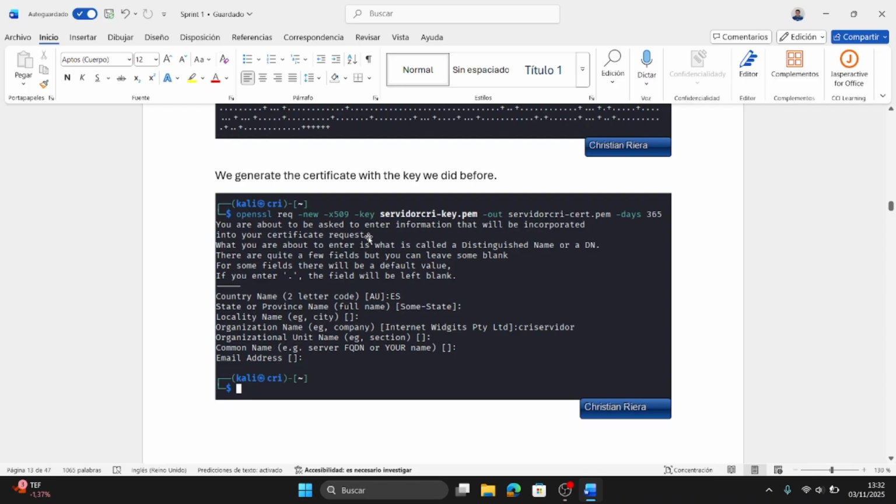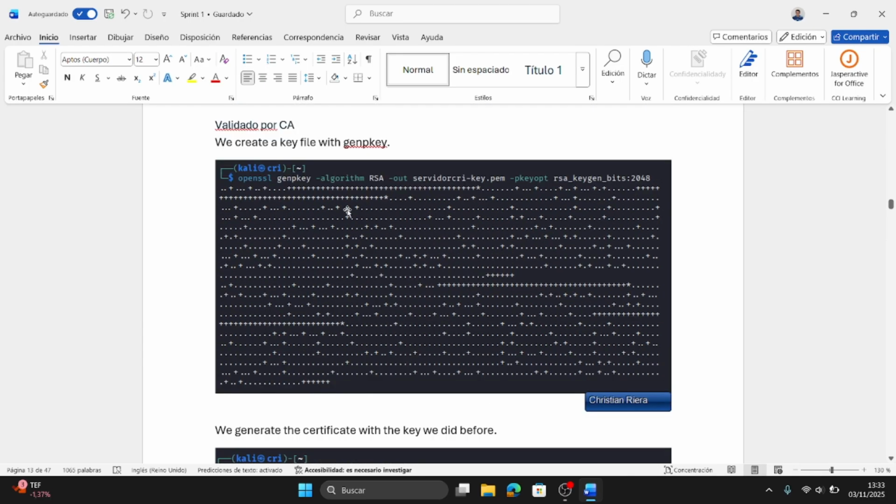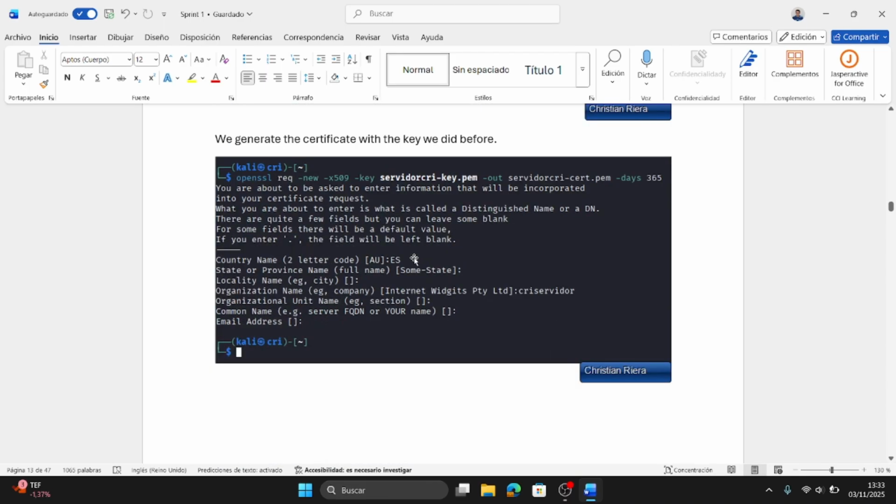Okay, now we are going to put this command. In this step we generated the key file, and now we are going to generate the certificate signed with the key that we made, and we put this command using the key and the name of the certificate, and in this case we put that it is going to be available 1 year.